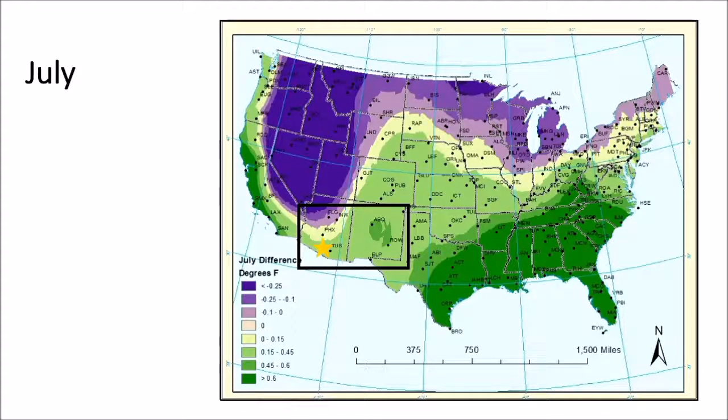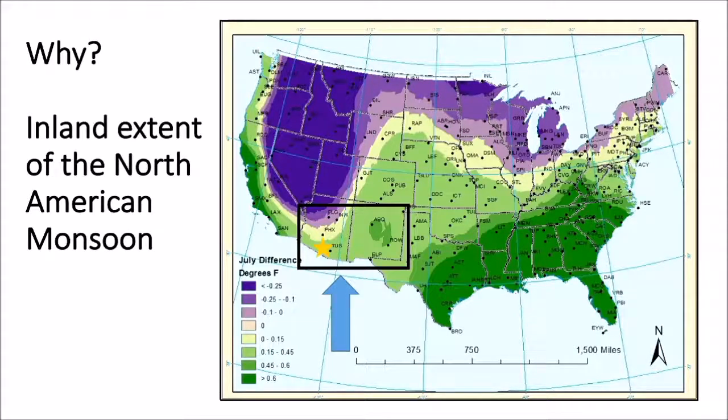Flip ahead into July, and what do we see? We still see in the Great Basin and much of the interior west that underestimation. But Arizona and New Mexico flip pretty strongly from underestimation to overestimation. So clearly your daily temperature curve, the nature of it, is shifting pretty dramatically in just a pretty short time period from May to July. So we made a pretty good hypothesis of what's going on here. And this is the inland extent of the NAM, the North American monsoonal pattern, influencing the daily temperature curve, and then we're seeing that play out in the flip in the difference between temperature averaging methods.